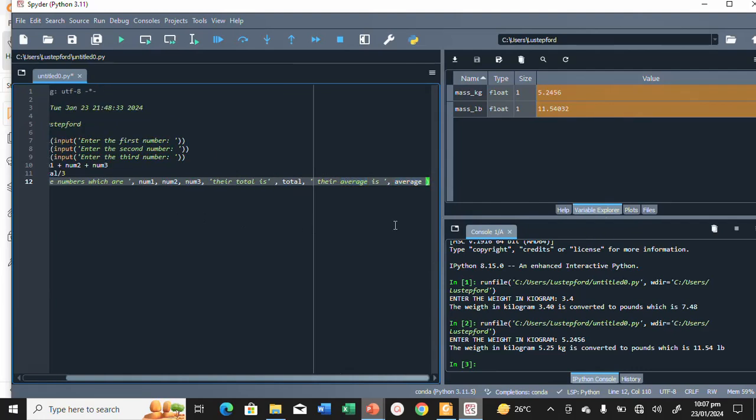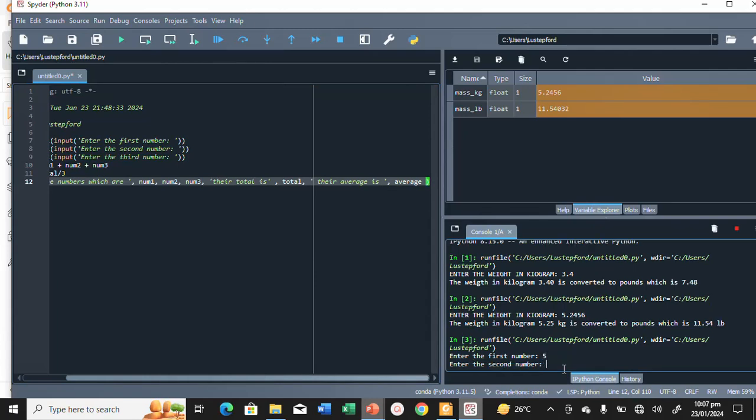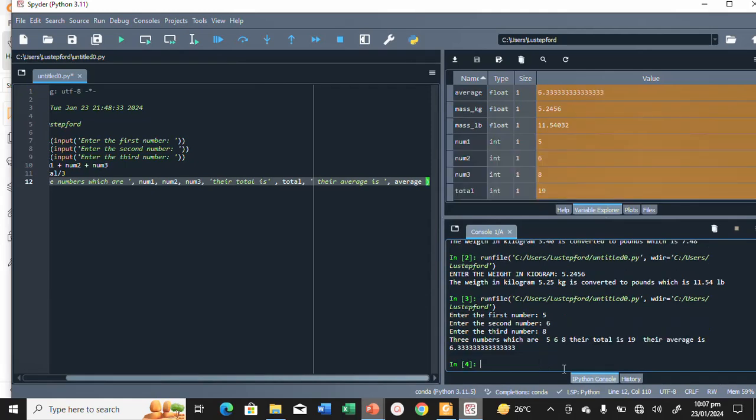So this is a simple straightforward way to do that. So now it's very straightforward and simple. I'll just click enter. Enter the first number. I will just call the first number 5, enter the second number 6, enter the third number 8. So now three numbers which are 5, 6, 8, their total is 19,